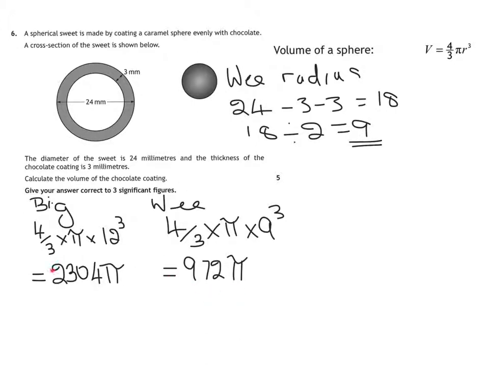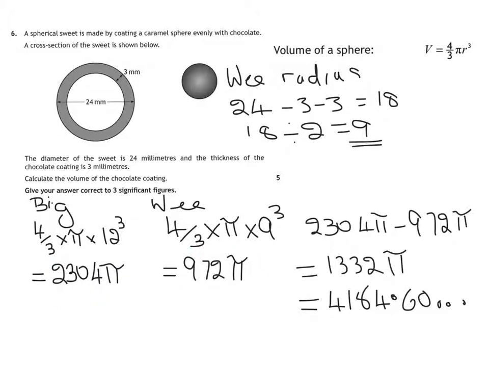Now I'm going to do the volume of the big one, take away the volume of the wee one. So 2,304 pi, take away 972 pi, gets me 1,332 pi. Changing that into a decimal, it's 1332 times pi, gets me 4,184.60... But watch, we have been asked to do it to 3 significant figures, so we've still got a